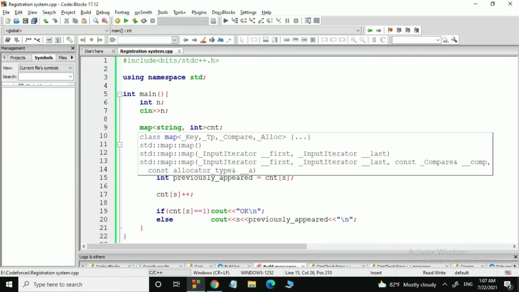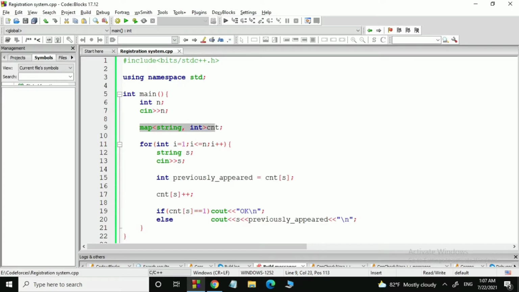We can easily solve this problem using map container. We will keep a map where the key will be a string and the value will be an integer. On each iteration after taking the input string, we will increase the corresponding integer value by 1 for that string